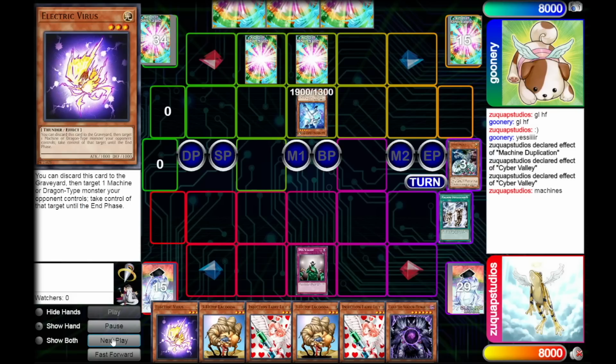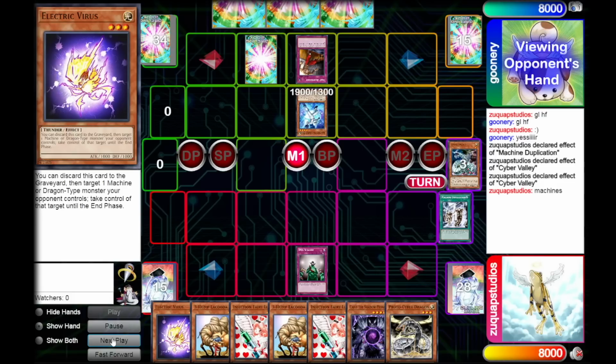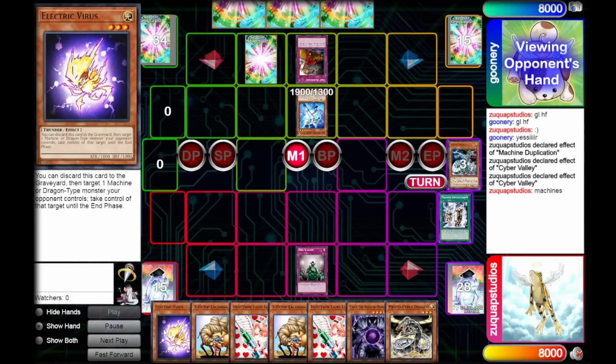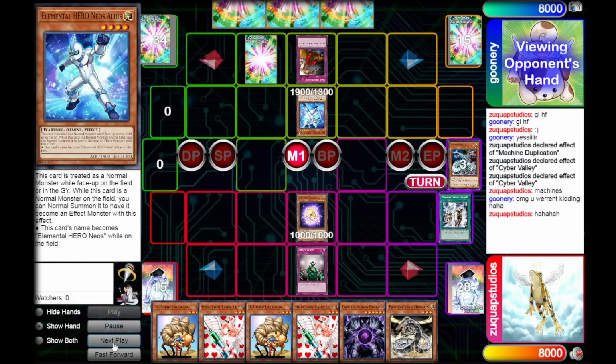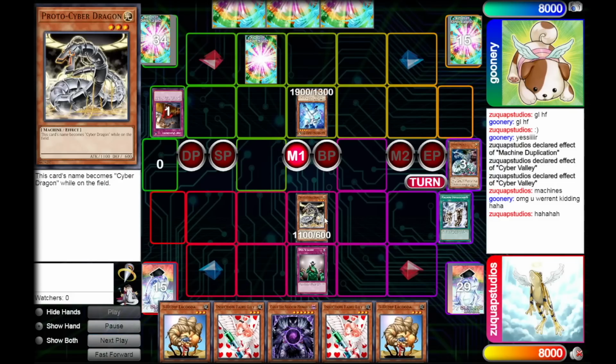In the end phase, we're going to activate DNA Surgery, and then in the standby phase, my opponent is going to activate Trap Dust Shoot. They look at probably one of the craziest Trap Dust Shoot hands of all time. They work past the confusion and manage to choose the correct target, Electric Virus, which we could use to steal their Alias and tribute for Caius. So they take the Electric Virus, and then we are going to normal summon our Proto